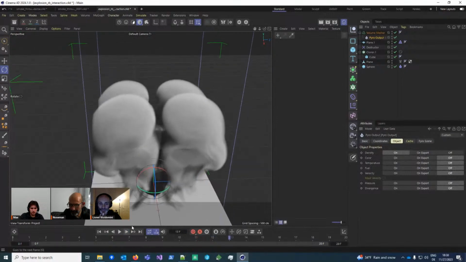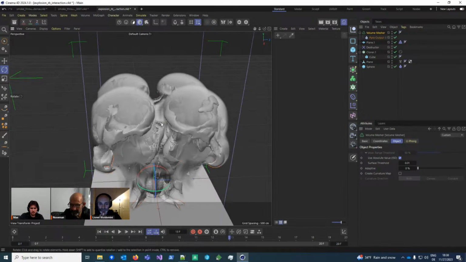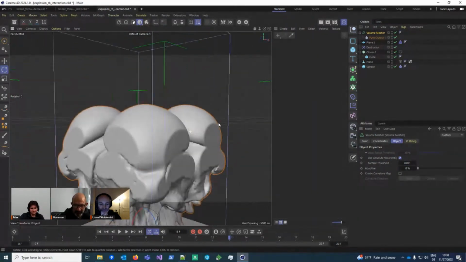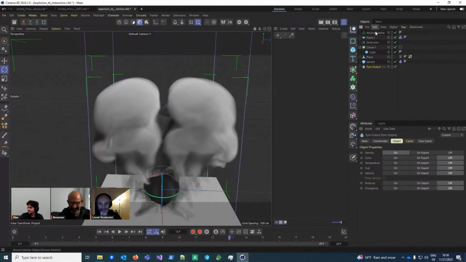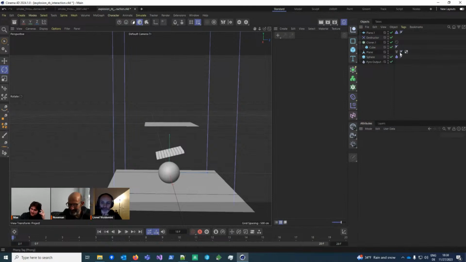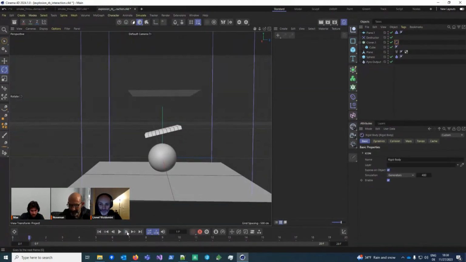Density, one frame. Why does it not mesh it? Here we go. Anyways, if I now enable the rigid body again, it looks like the following.